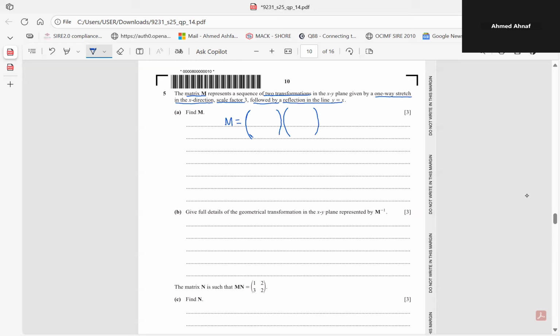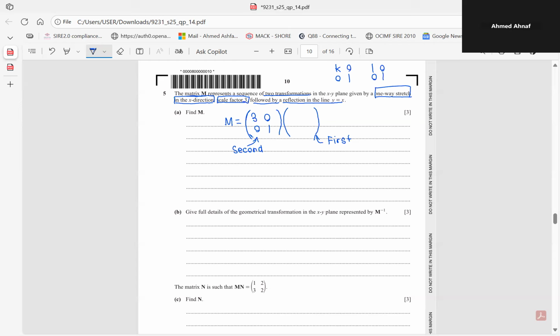So the way we do this is, this would be the first one, and then this would be the second one. So it's like, opposite. Yeah, so the first one is a one-way stretch in the x direction, so horizontal stretch with scale factor 3. So this would just be in the form k, 1, 0, 0. So this would be 3, 1, 0, 0. And one way to remember this is to think